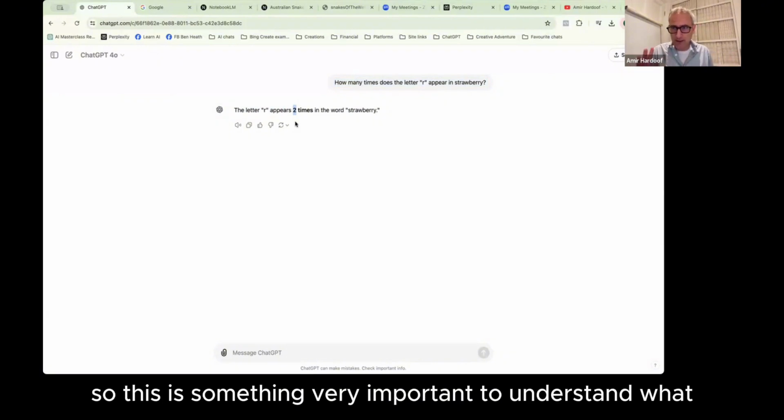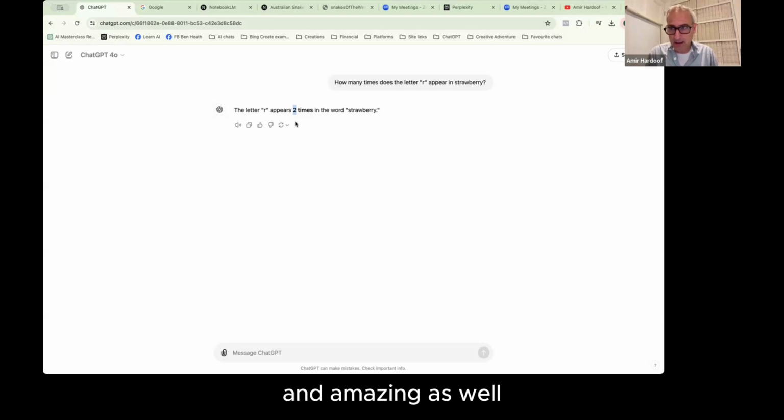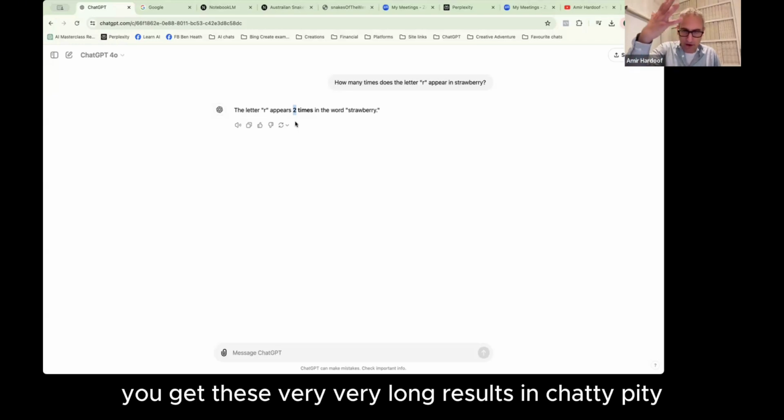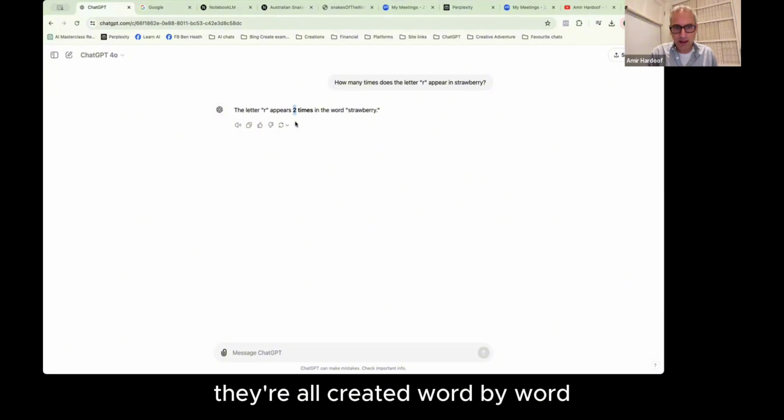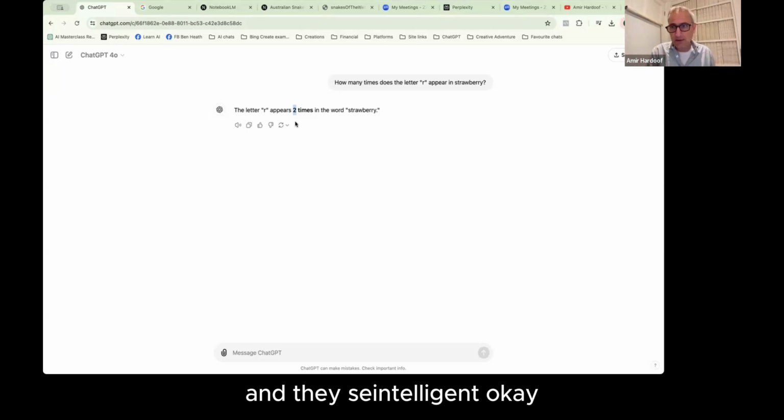So this is something very important to understand. And amazing as well. You get these very, very long results in ChatGPT, and they're all created word by word, even letter by letter or token by token, and they seem intelligent, okay?